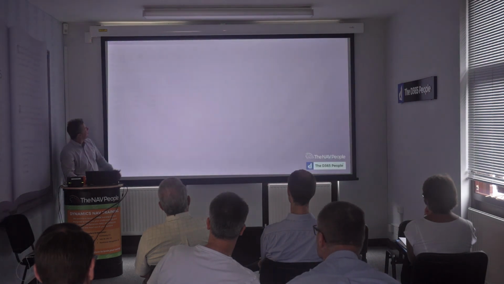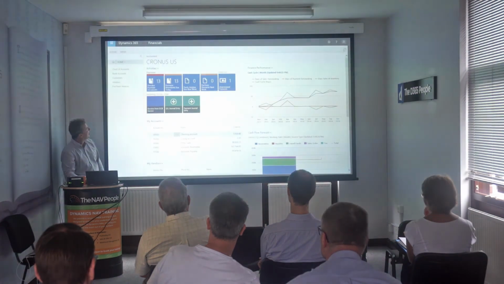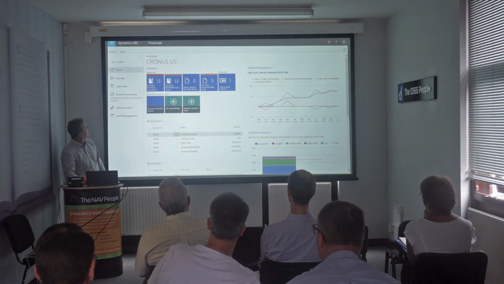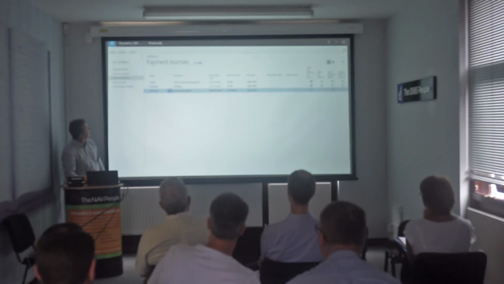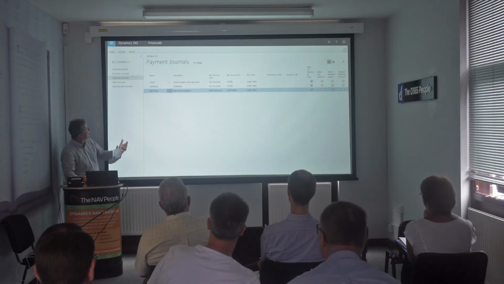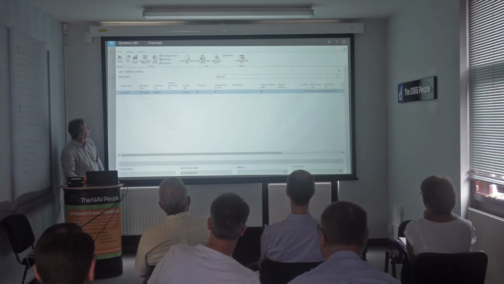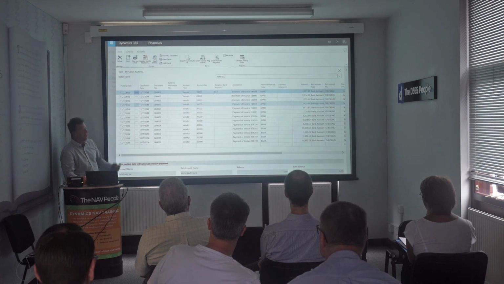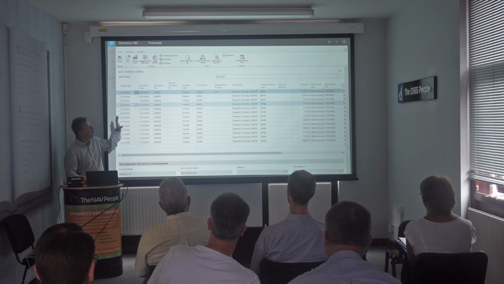Spend the ledger, usual sort of stuff. When you pay the supplier, you go from payment run, build a payment journal, populate a payment journal. So if you use NAV, you can see it's all very familiar. It's a new interface, but it's all very familiar to the way you use it today.